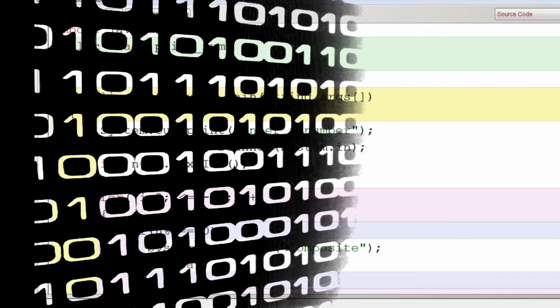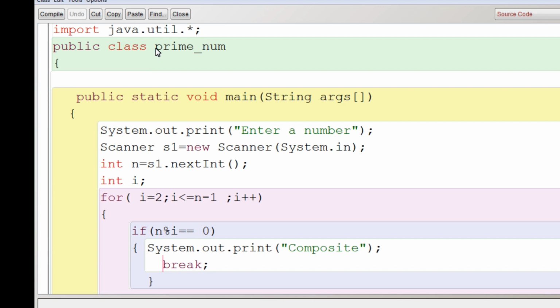I am showing you the use of break statement through this prime number program. Now in this, you can see that this is the use of break here. The loop goes from I equal to 2 and I less than or equal to n minus 1 is the condition. So let us assume that the number is 14, n is 14. So the loop will go on till n minus 1, that is, till 13.